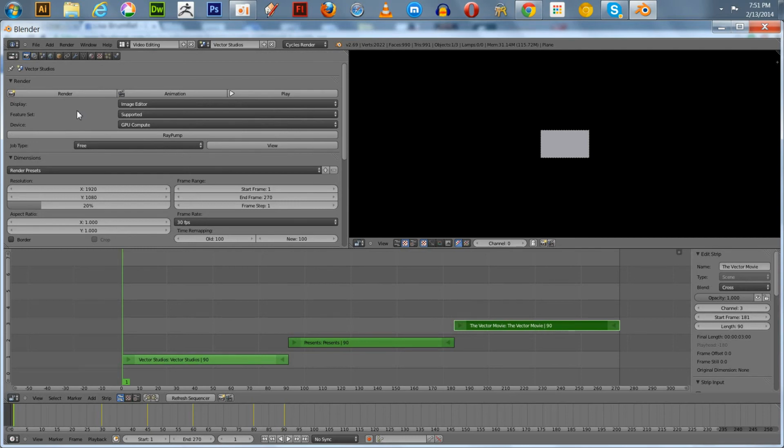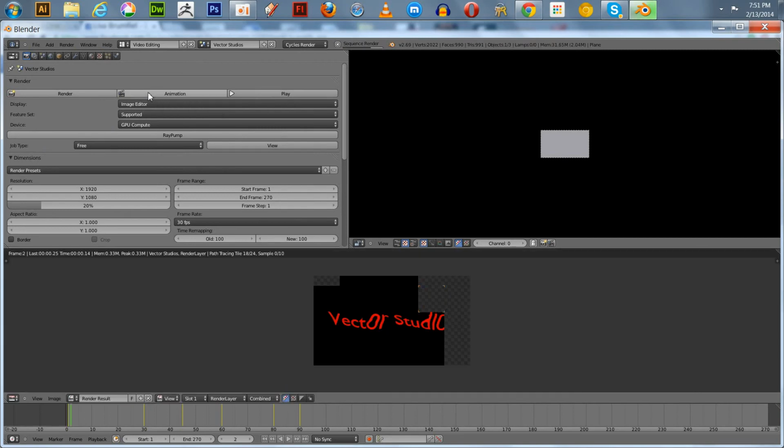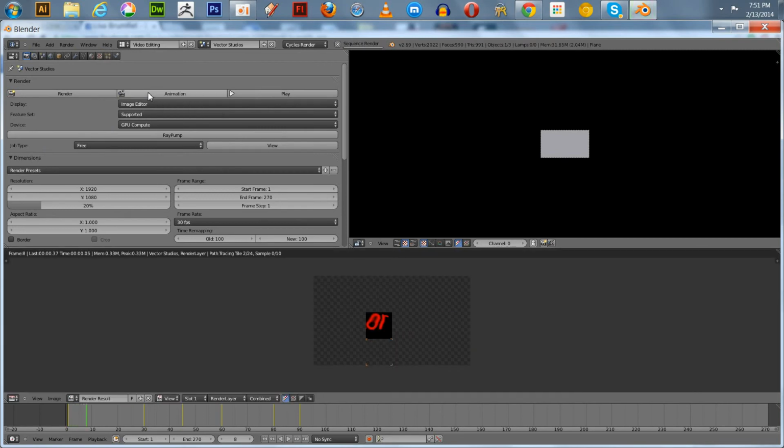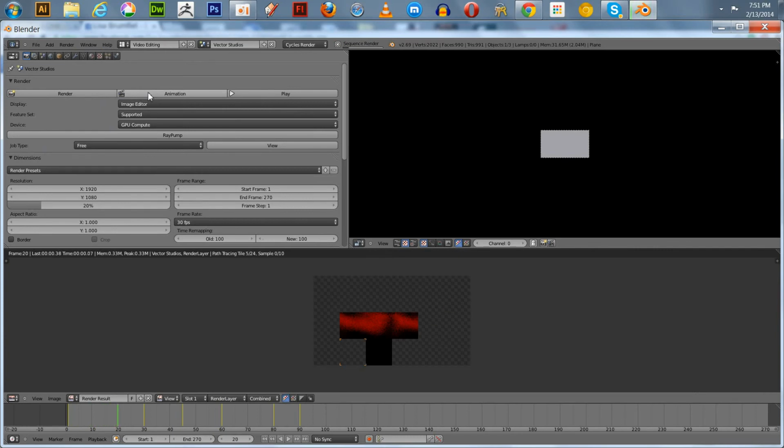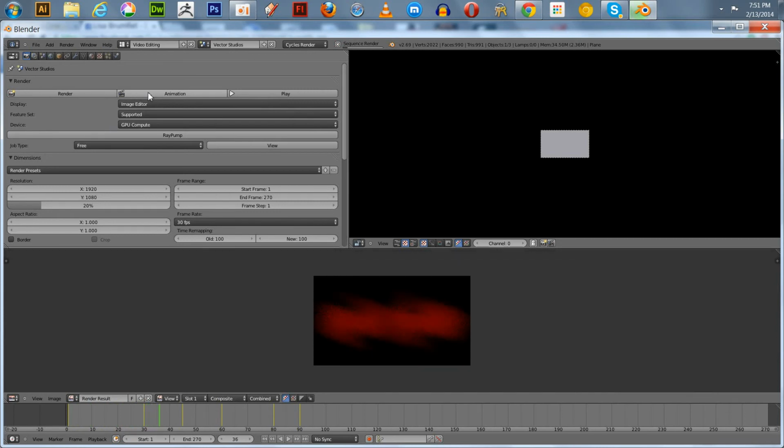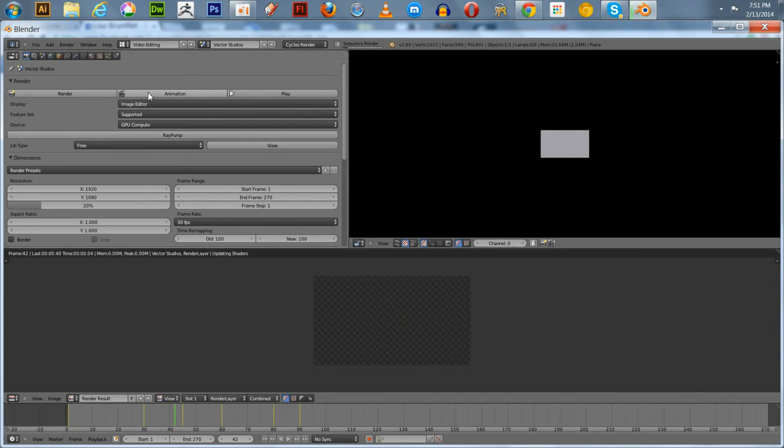I've tested this several times, so it should happen for me. 270, okay, and we'll hit animation. What's really strange about the whole thing is the first 90 frames, which would be that first strip, will be a little slow like this. But once it gets to those other two scenes, I don't know what it is about Blender, but I like it. It will take the other scenes and just take off and do the other two without too much of